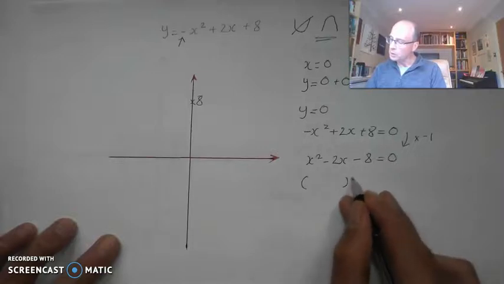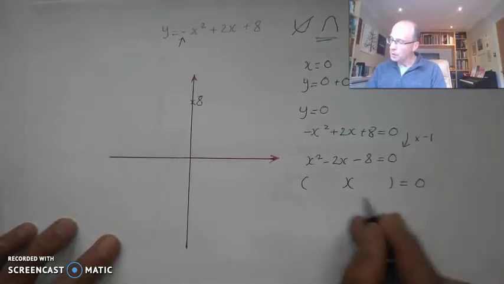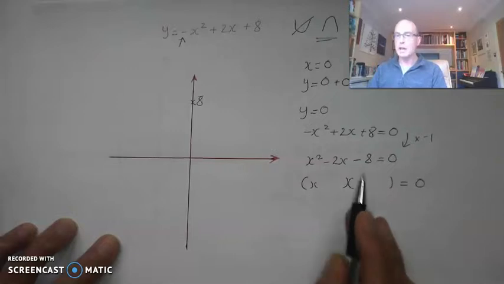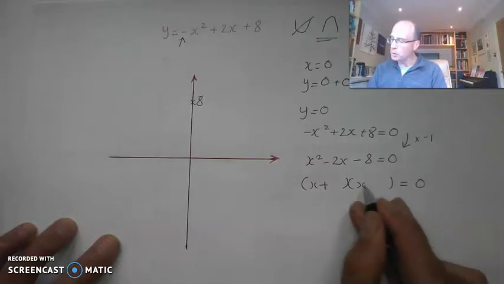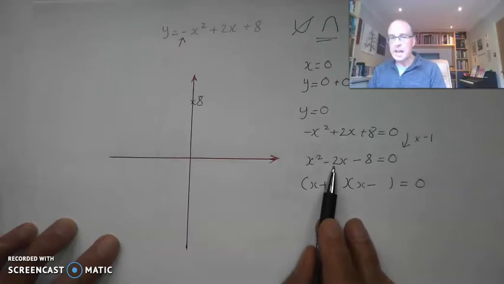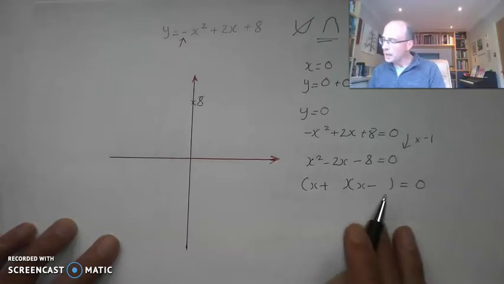So I've got x equal to 0. I know I'm going to have x's here. I've got a negative sign on the end, so I'm going to be looking for one positive and one negative value. I've got a negative 2, so my negative is going to be big